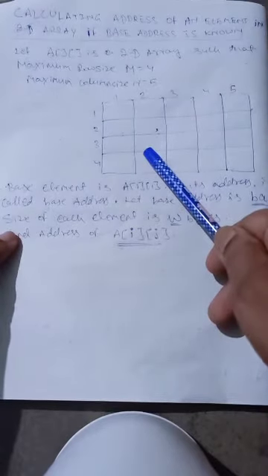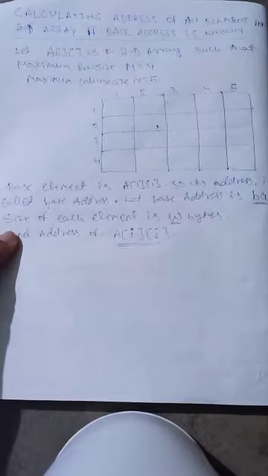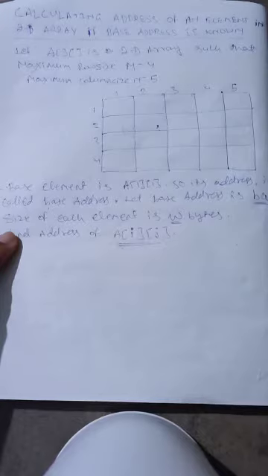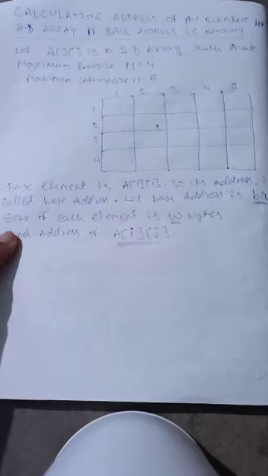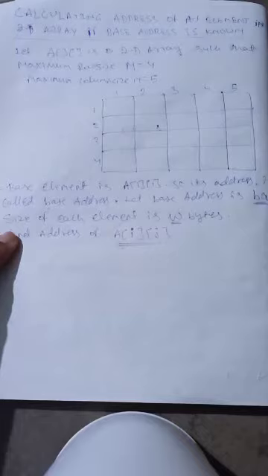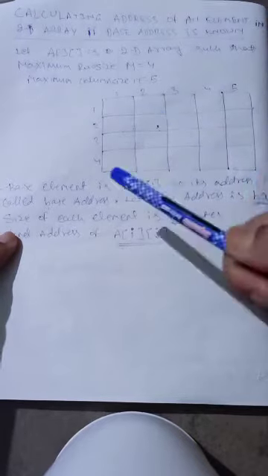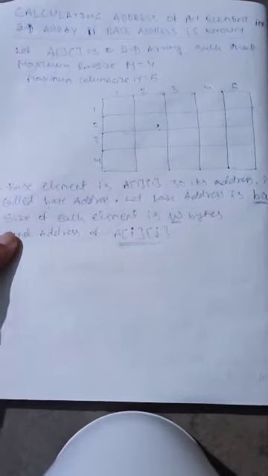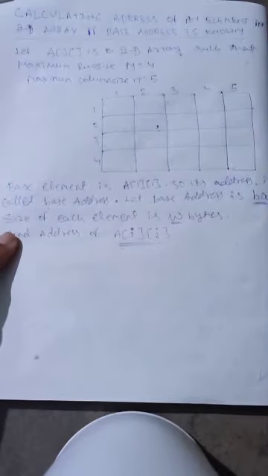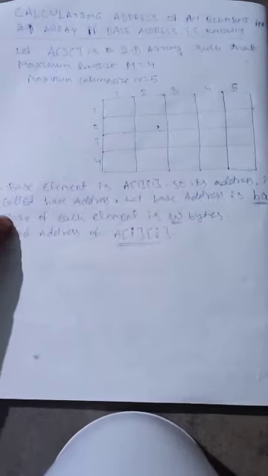because our actual memory is simply a linear collection of memory cells. So in actual memory, the 2D array is not represented like a table; rather, it is represented like a one-dimensional collection of elements. But we treat those elements in the form of a table like this. So we have two techniques: either we can go for the row major addressing scheme or we can go for the column major addressing scheme.